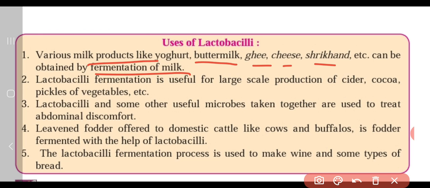Lactobacilli fermentation is useful for large scale production of cider, cocoa, and pickles of vegetables. Even this product has lactobacilli. Lactobacilli and some other useful microbes taken together are used